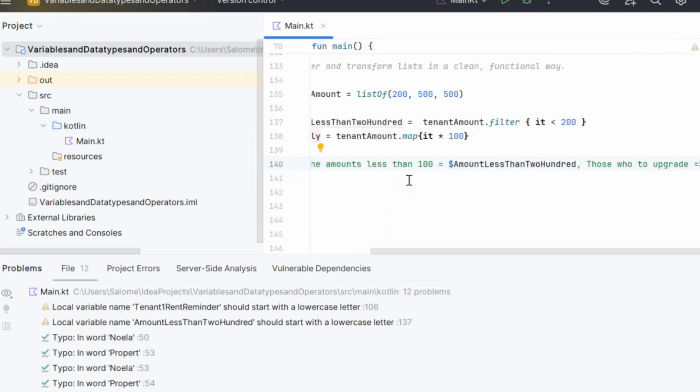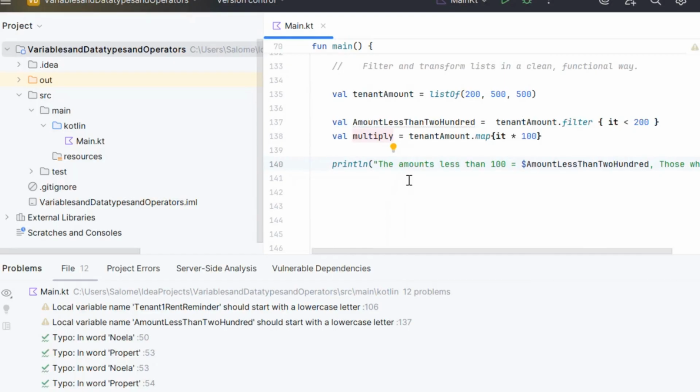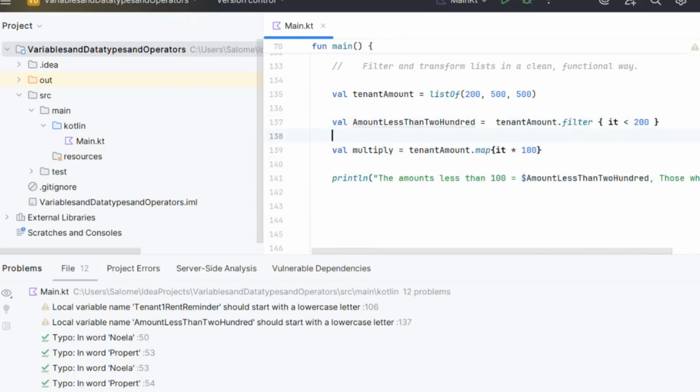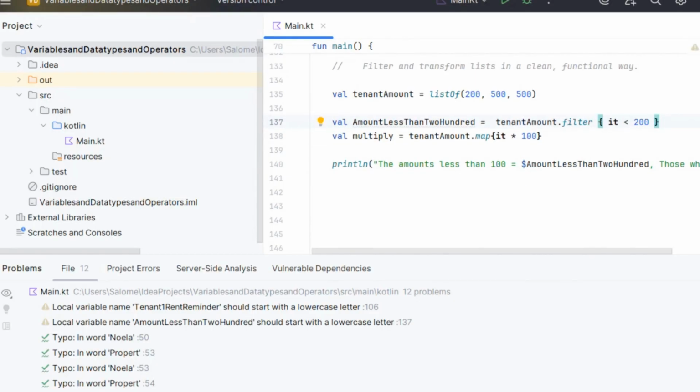So this idea is, maybe you want to check all the amounts that are less than 500 and what they are. And then maybe at the end of the time, you can even have those amounts and then you map them and multiply them. You have a function that multiply each amount. So for every amount within my list, multiply it that is less than 200, multiply it by 100, and so on and so forth. So when you run this,